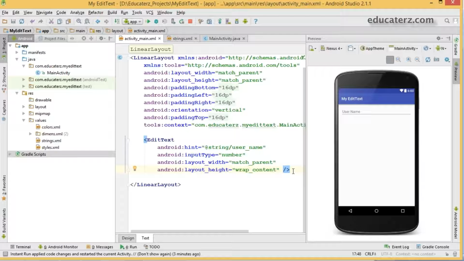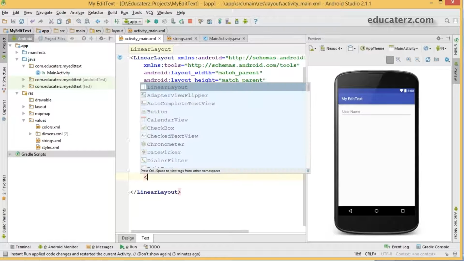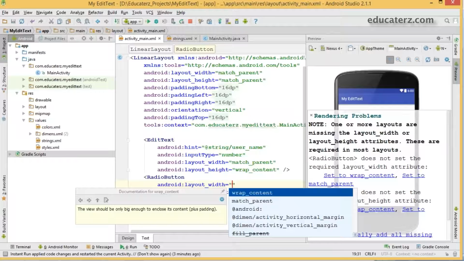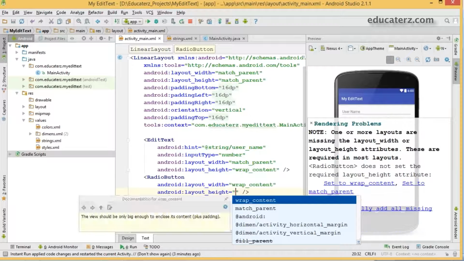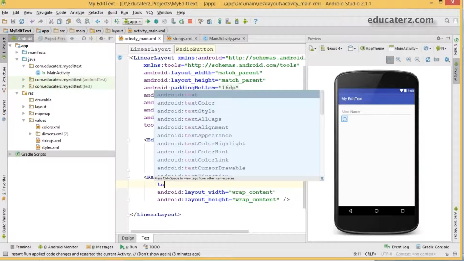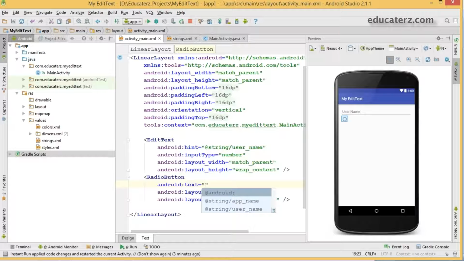So as we already discussed, create your radio button, which is shown as an option. Width I'm taking as wrap content, height also wrap content. So there must be some text for this to identify it. I'm going to take yes or no, or maybe three radio buttons. So I'll say this would be yes, which must come from your string resource.